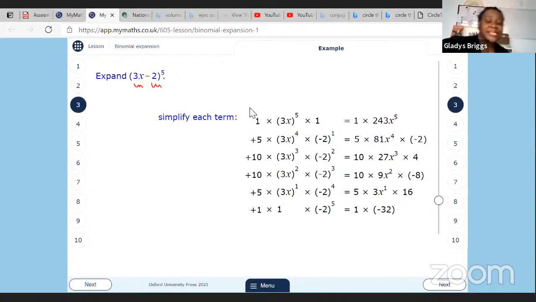Yeah, so it's the same thing that we've been doing. So let's do this one now, yeah? 3x minus 2 to the power of 5. New share, whiteboard, share. So we had 3x minus 2 to the power of 5. And we were using the fifth row of the Pascal's triangle, which is,